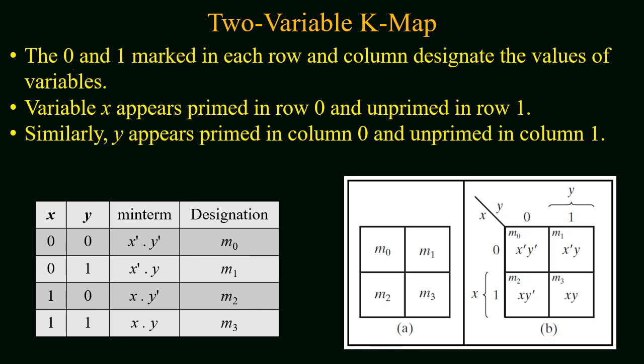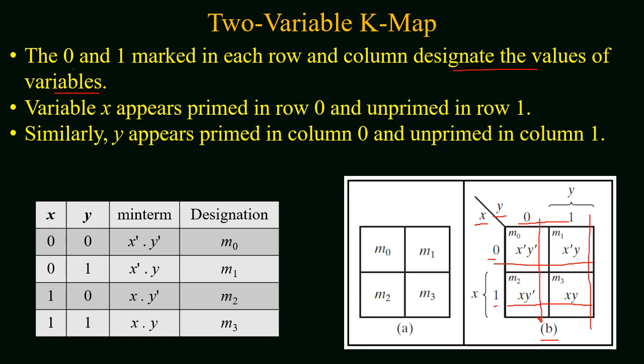Now if you look at figure B, it has a clearer explanation in terms of variables x and y. This also shows how these minterms are placed in the map. You will find 0 and 1 marked in each row and each column, and this represents values of the variable. For rows we have used variable x, and for columns we have used variable y. The variable x appears primed in row 0 and unprimed in row 1. Similarly, the variable y appears primed in column 0 and unprimed in column 1